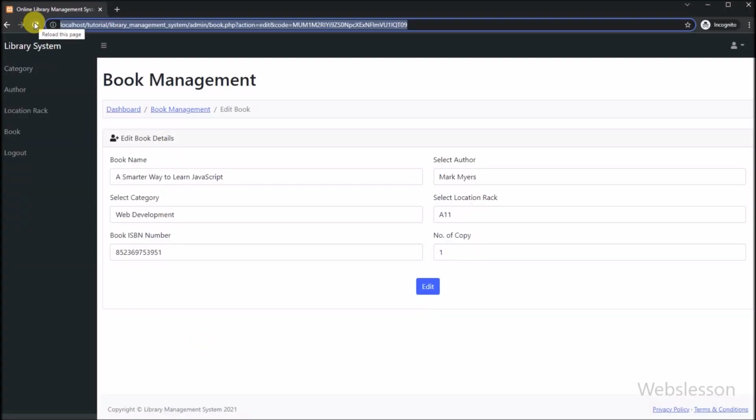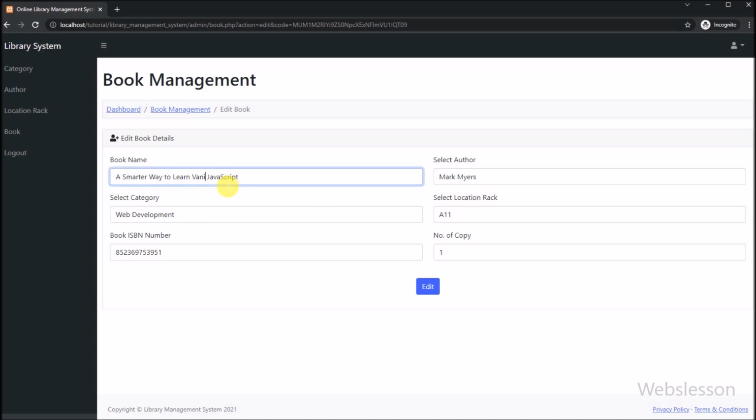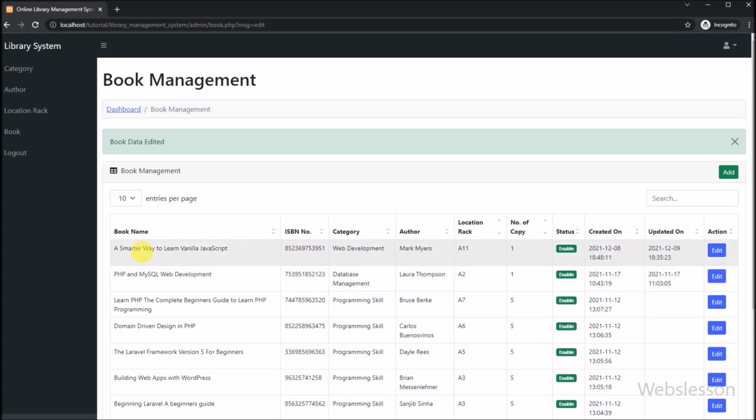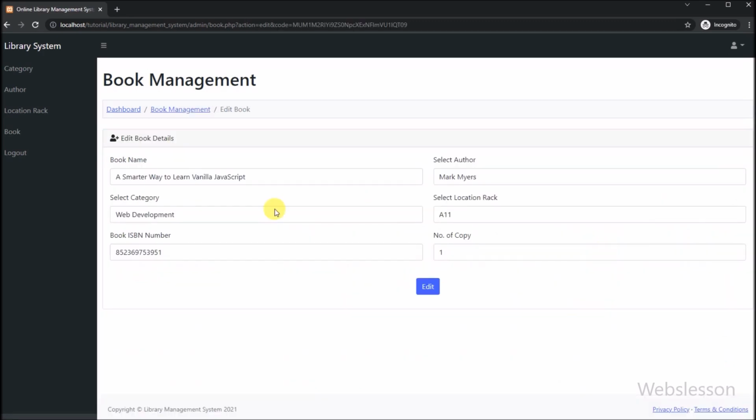Friends, first we have refreshed this page, and after refreshing the web page, here we can see that the book edit form has been displayed on the web page filled with single book data. Now we want to change this book name detail. So here we have changed this book name data, and then we have to click on the edit button. And after clicking on the edit button, here we can see that book data has been changed under this library management system, and here also on the web page, we can see the success message for editing book data above the data table. So in this part, we have learned how to edit or change book data under this library management system by using PHP script.